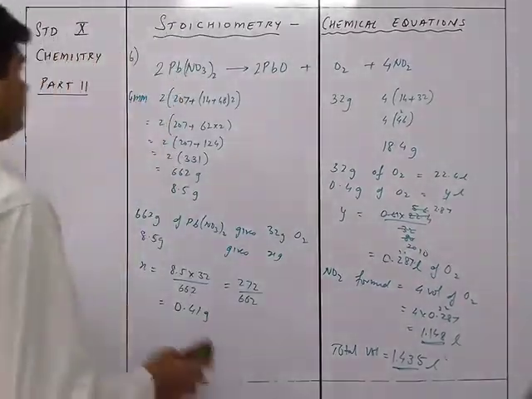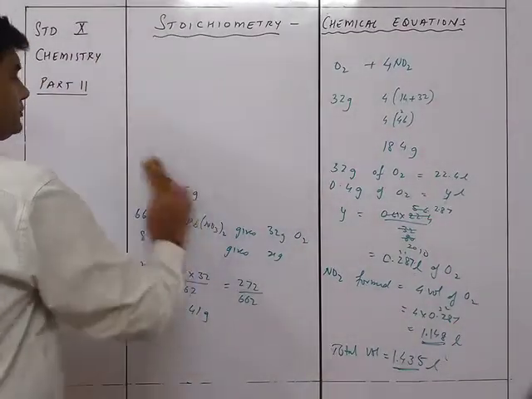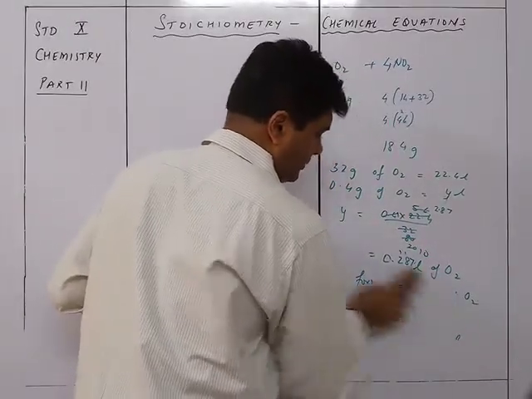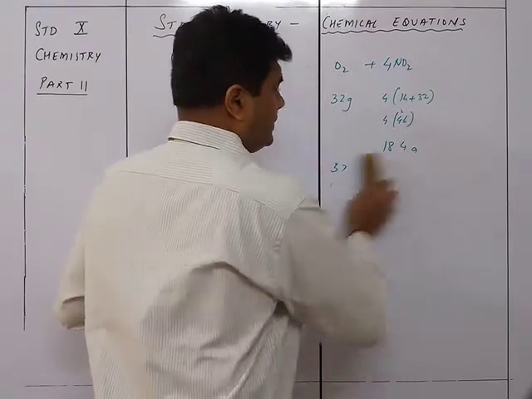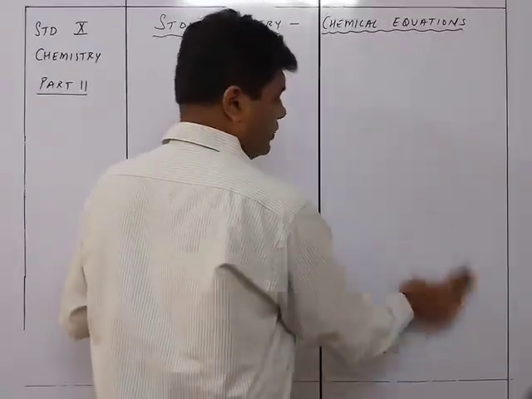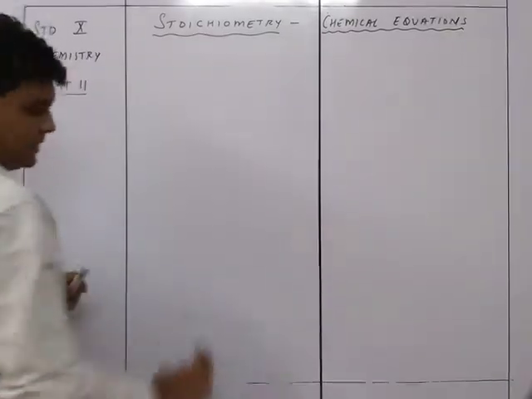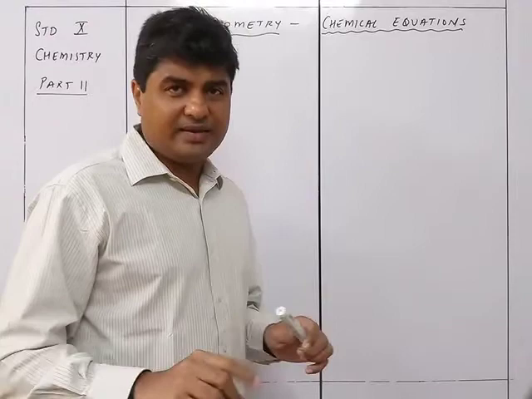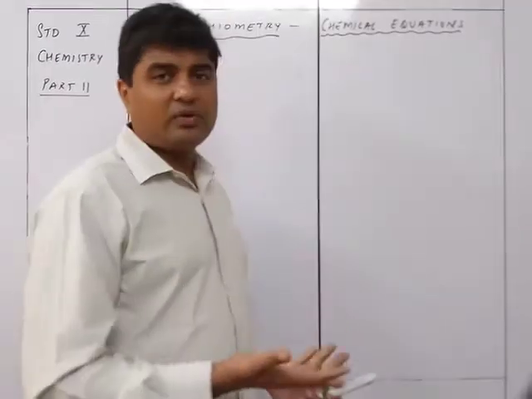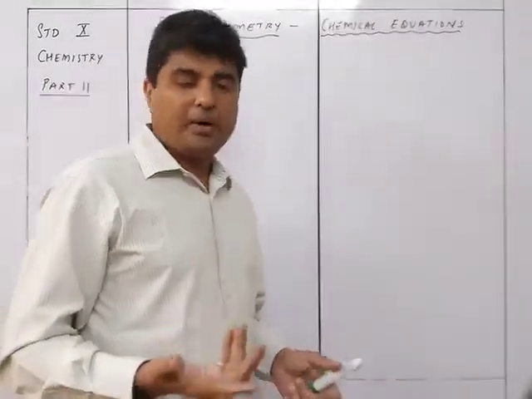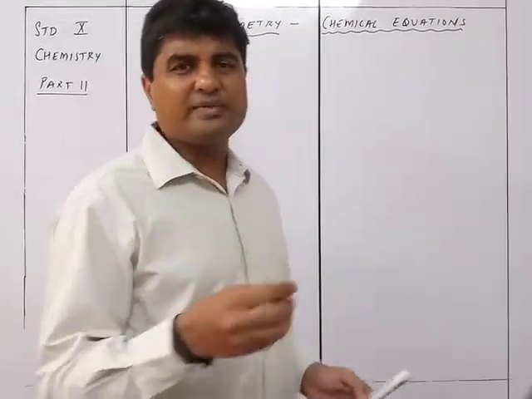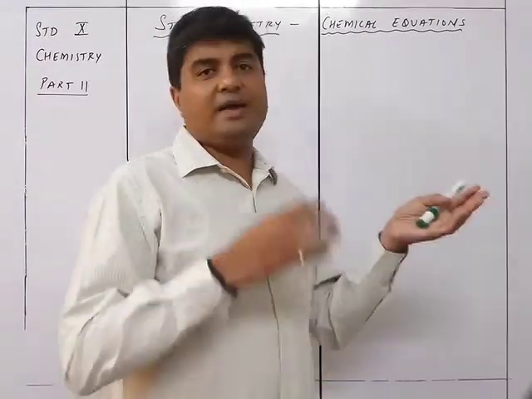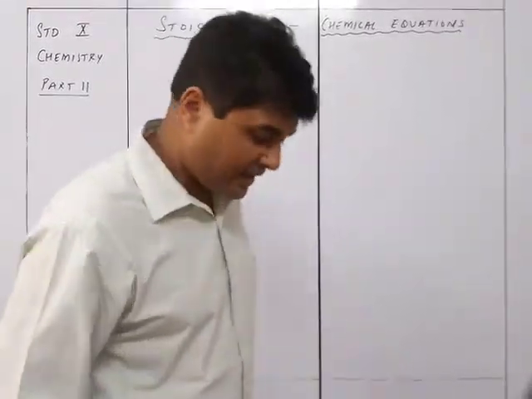Sum number 7. The more sums you do, the easier it will be for you. But if you understand the concept properly, then they are easy. Otherwise, if you see the calculation, you feel it is very heavy. But concept-wise, it's very simple, the unitary method. That's the basic principle: if this much is this, then how much is that.